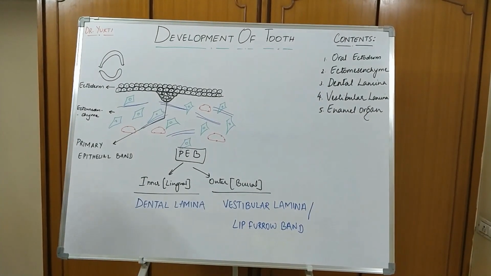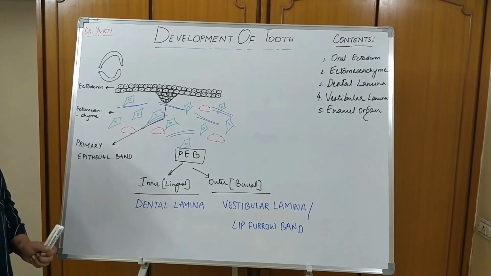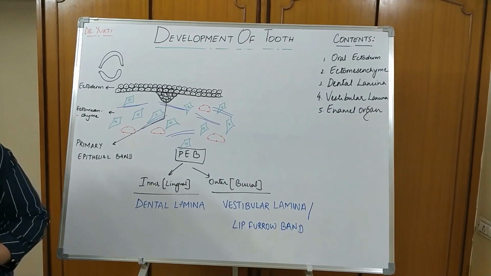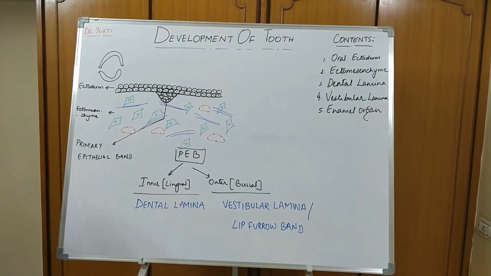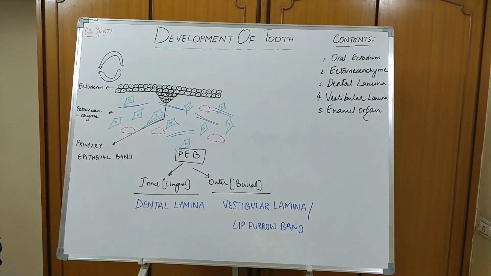Right. So we know now that dental lamina serves as a primordium for the future primary teeth. So how many primary teeth are present? 20 primary teeth are present, 10 in the upper arch, 10 in the lower arch. So that is how the dental lamina comes out. So what about the permanent teeth? I have not talked about that. This dental lamina only gives rise to primary teeth.